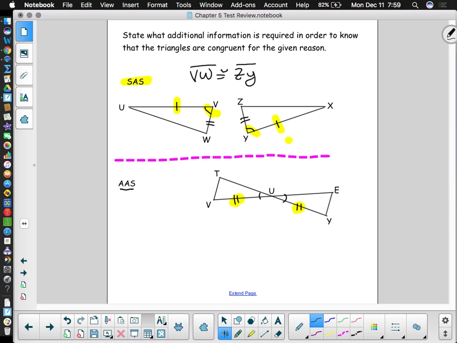Which order do we go in? Angle, angle, side. So if I do V, then I have angle, side, angle, don't I? So instead I should do T congruent to angle E. If I did Y, it'd be angle, side, angle, wouldn't it? But don't I think